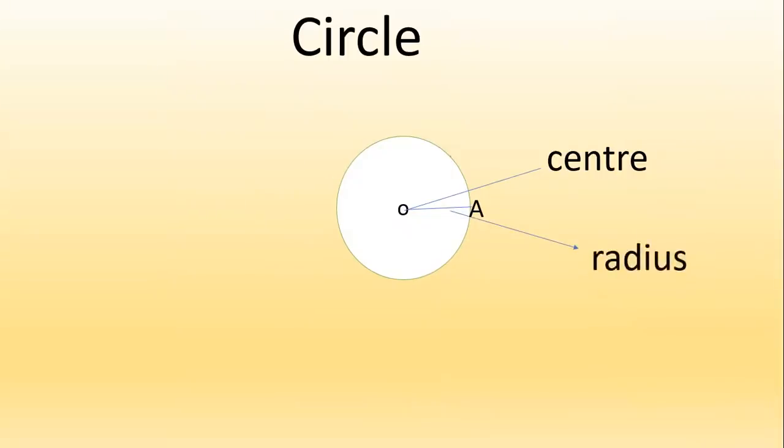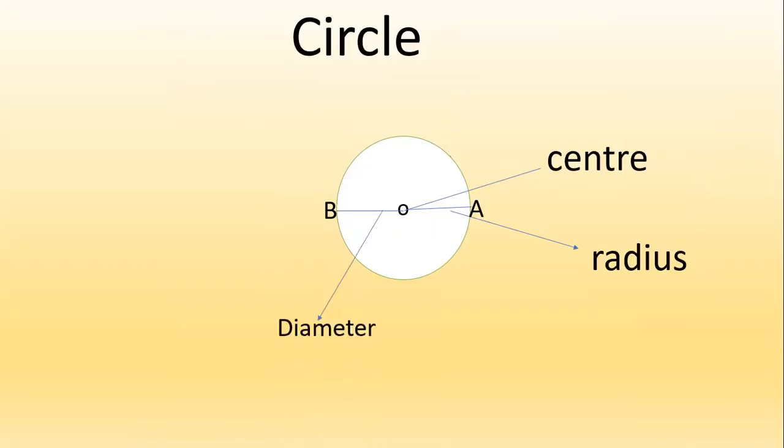See the circle now. Here you can see the center. We take it as point O. Now it is known as center. This line is drawn from the center to the circle. OA is known as radius. Then we draw another line which passes through the center from one point to another point, B. So the whole line AB is known as